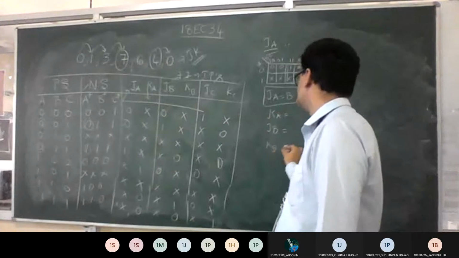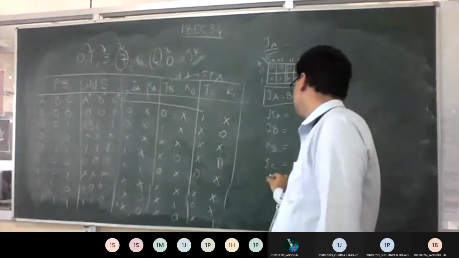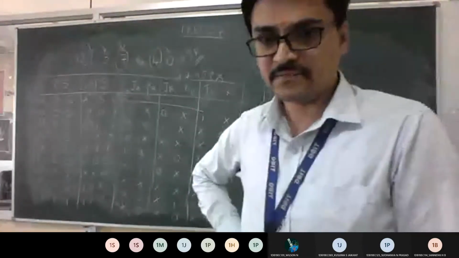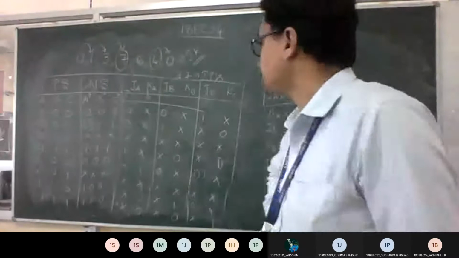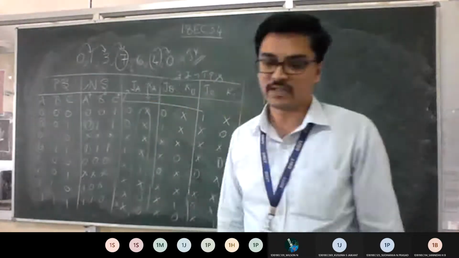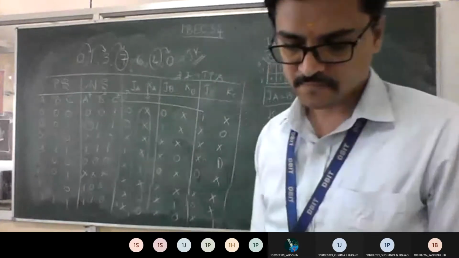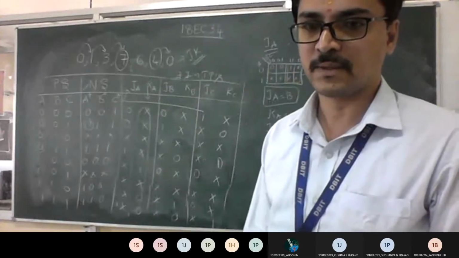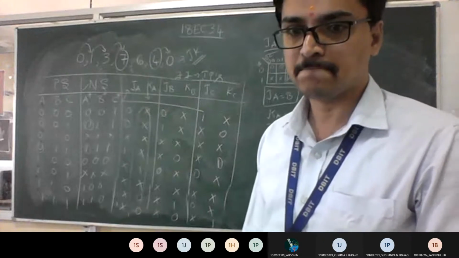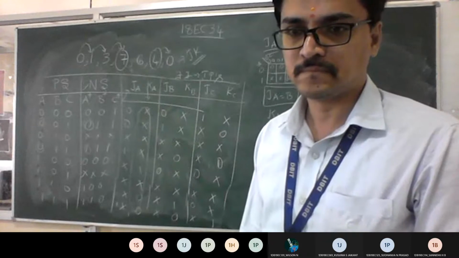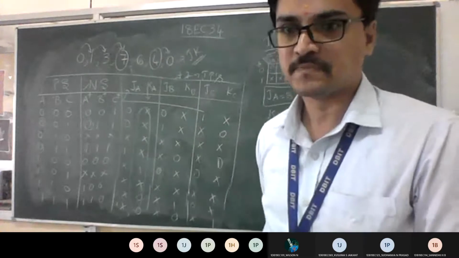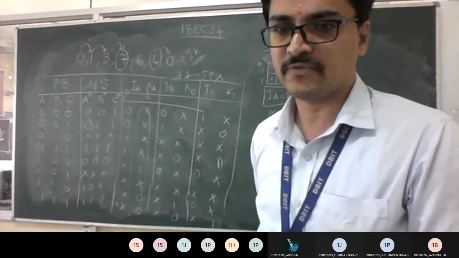Next, KA. What is the answer for KA? So fill that in and tell me the answers. By the time, if others have doubts, you can ask me. So next, you plot this K-map, this sequence. So what is the answer for the second one? What is the answer for your KA? Any doubts, anyone, on how to plot the K-map? If you have, you can ask me.